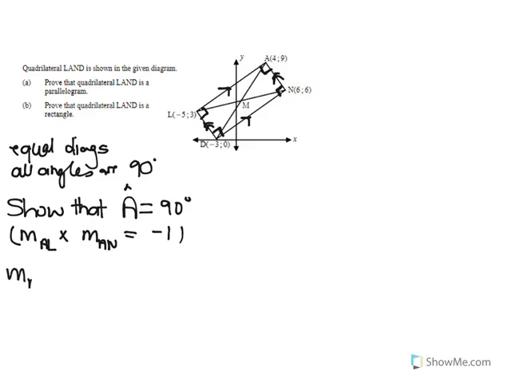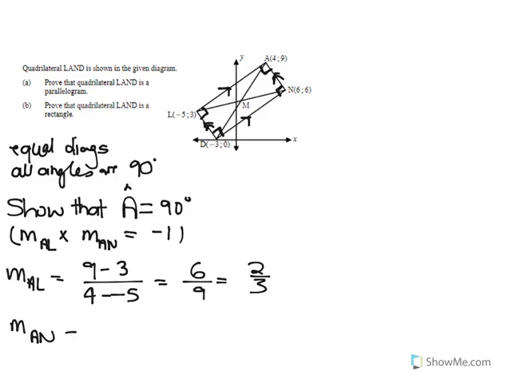So I'm going to find the gradient of AL, which is 9 minus 3 over 4 minus 5, which is 6 over 9, which is 2/3. The gradient of AN will be 9 minus 6 over 4 minus 6, which is equal to 3 over -2,